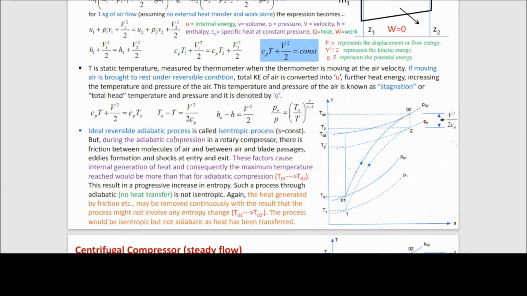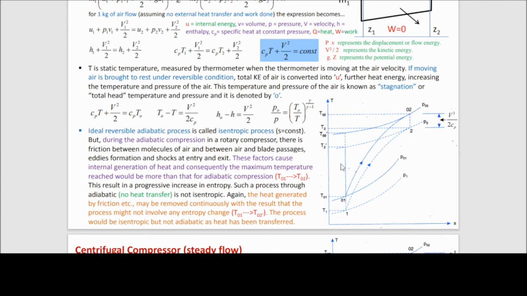Internally reversible means the process is very slow. There is no internal friction between the fluid or between the surface of the system and the fluid. There is no increase of heat because of friction. It is a very slow process. And adiabatic process means there is no heat exchange between the surrounding and the system. That means there is no heat transfer between the surrounding and the system, and it is actually external reversibility. And externally and internally reversible process is called isentropic process, or internally reversible adiabatic process is called isentropic process.